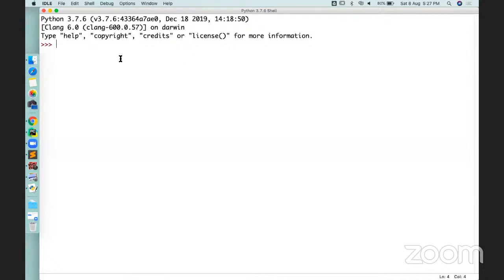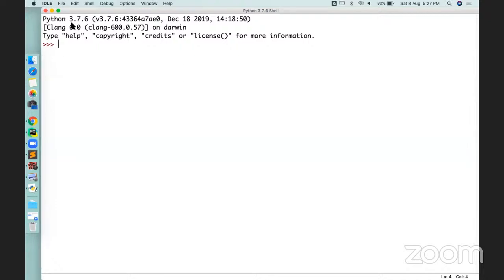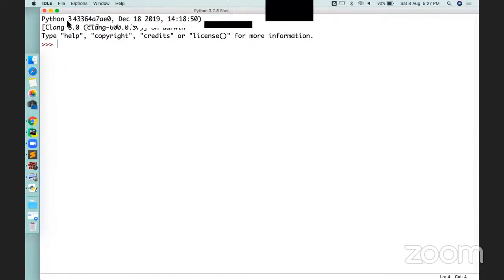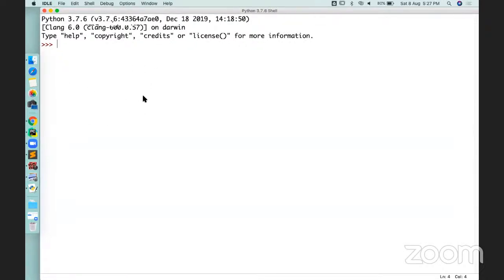So this is my interpreter, or my code editor, or you can say code execution window, where you can execute your code and check whether your code is working fine or not, right? Okay. So now,